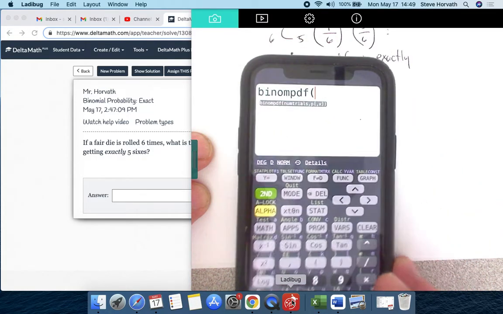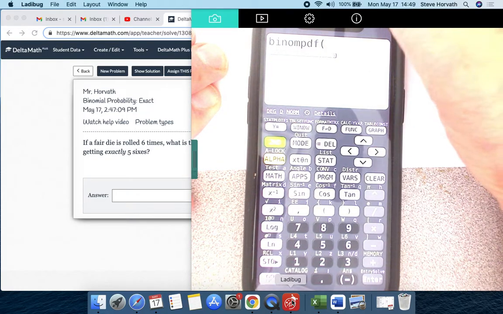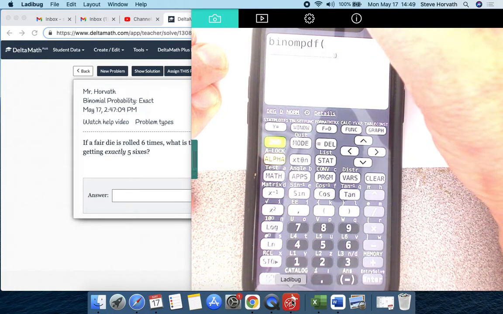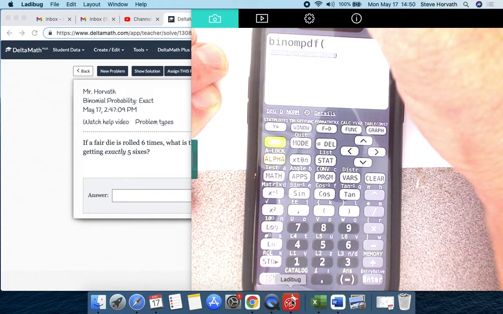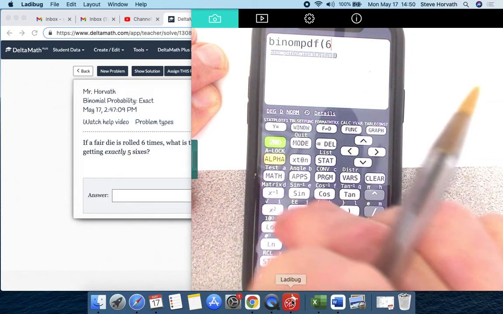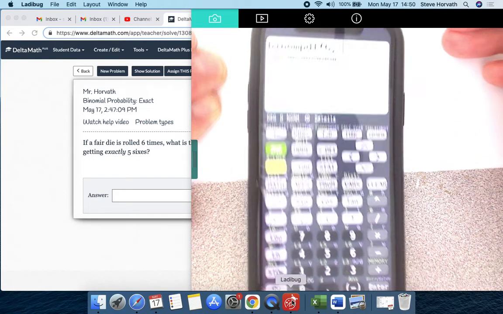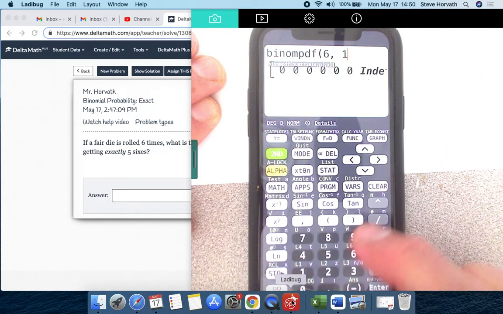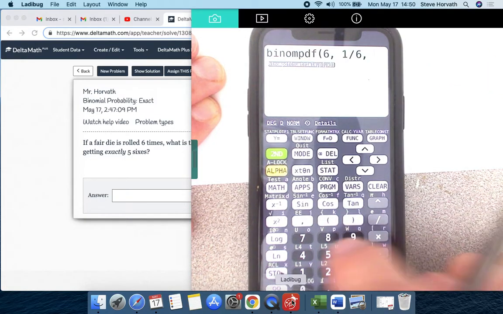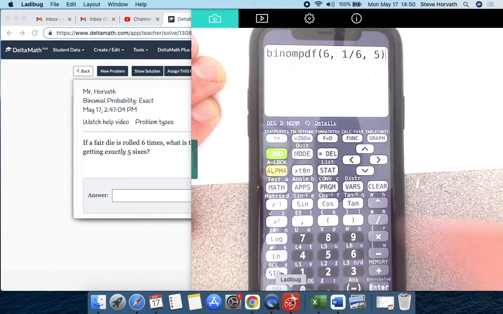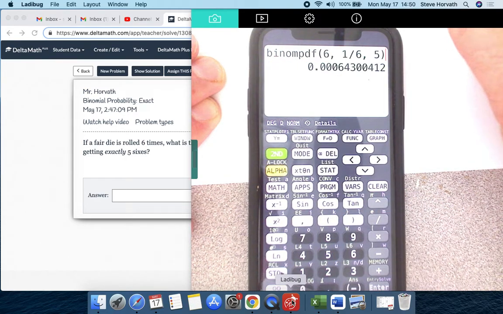So what is this looking for? In Binomial PDF, we want the number of trials. There are 6 trials, so first I hit 6, comma. What's the probability of that happening? That's 1/6, so I go 1 divided by 6, comma. And how many times do I want that to happen? 5. Close my parentheses. As you would expect, getting the same thing 5 times would be a pretty low probability, and rounded to the nearest thousandth that is